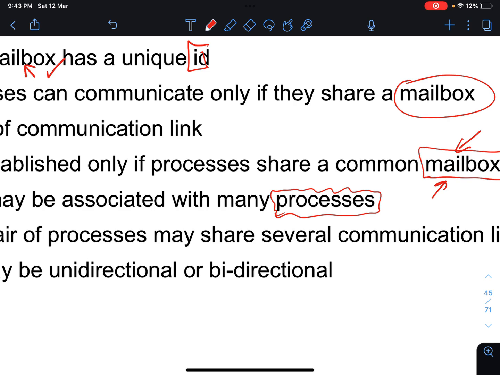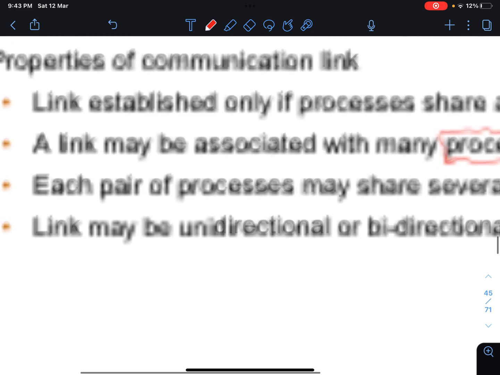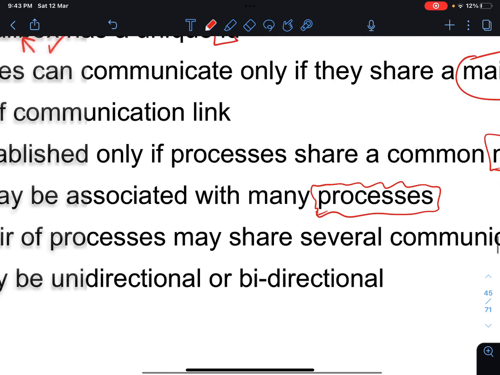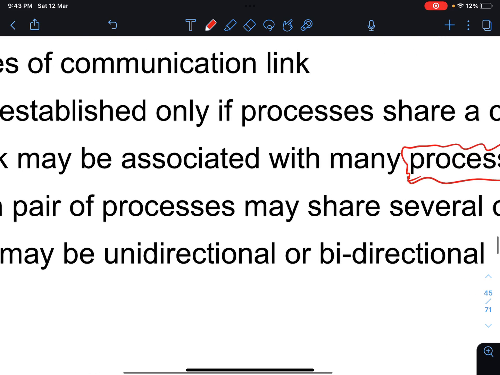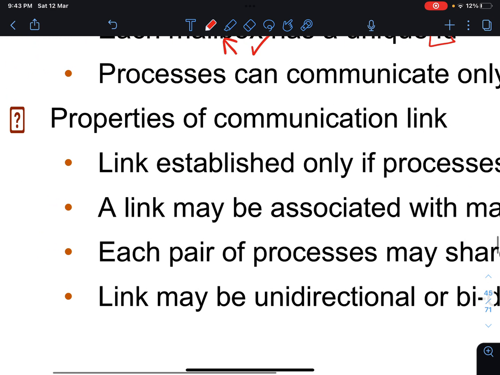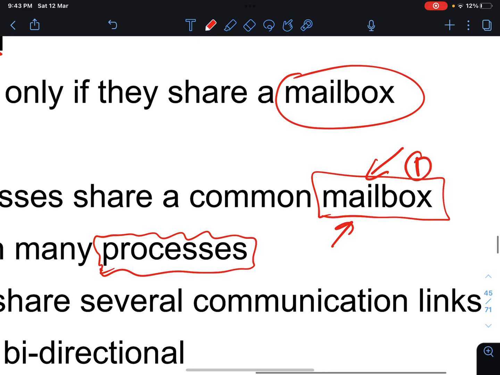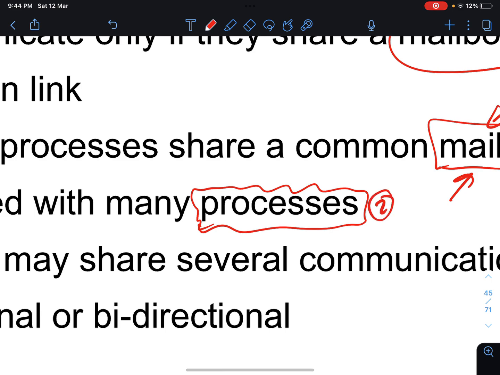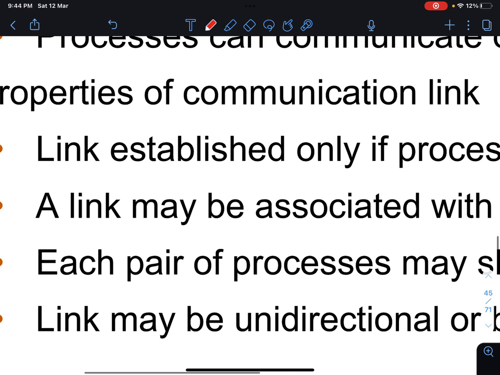The direct didn't work this way, right? It has to be a pair. Each pair of processes may share several communication links, and the link may be unidirectional or bidirectional. So the major difference here is the mailbox, the association of many processes, and sharing several communication links.